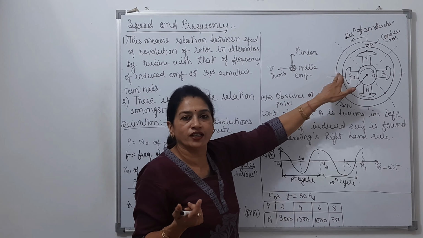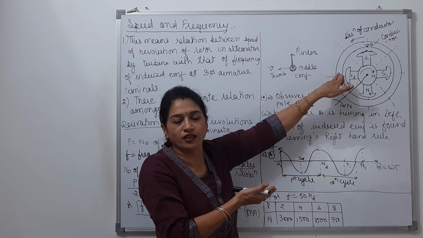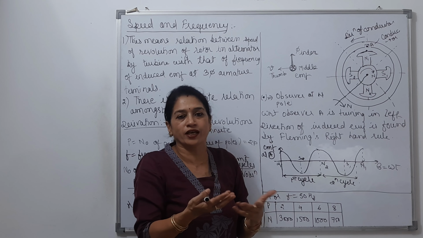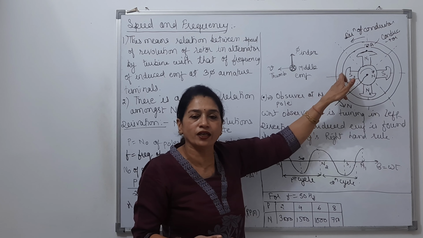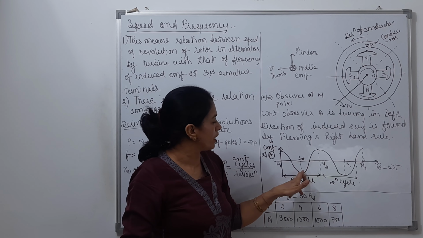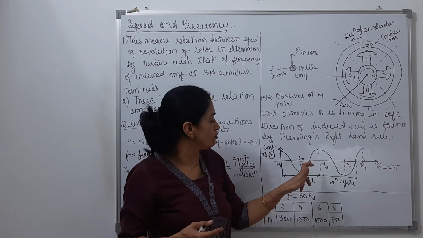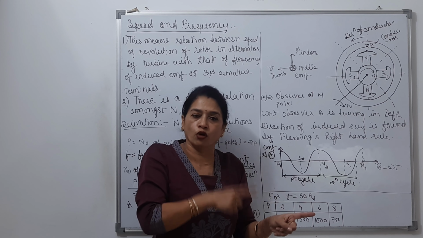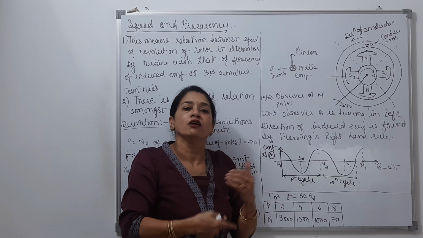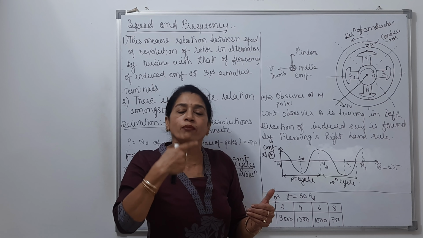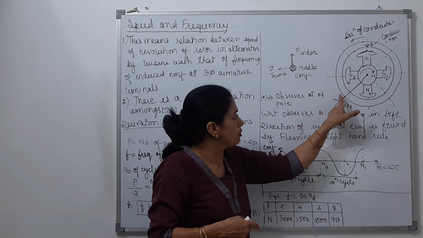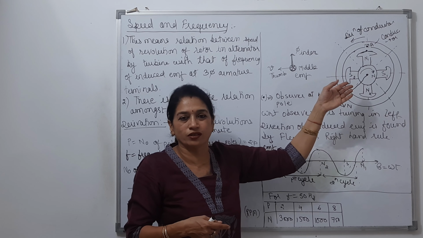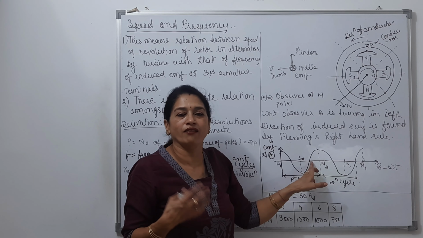Then after the next 45 degrees, here the 45 degrees movement is because the angle difference between two poles is 90 degrees. So as it further moves by 45 degrees, it would be having exactly opposite direction of EMF, meaning negative EMF, and that would be the maximum one. So when it is under the impact of north pole, it would be having positive maximum EMF. When it is under the impact of south pole, it would be having maximum negative EMF. Again it will come over here over the neutral axis, which is being hidden here back to the shaft actually. So that is again having zero EMF.